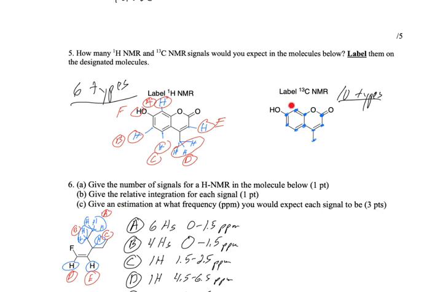Carbon, same deal. There'll be 10 types. 1, 2, 3, 4, 5, 6, 7, 8, 9, 10. Again, not very symmetrical. It'd all be different peaks in the proton, or in the carbon NMR, and also in